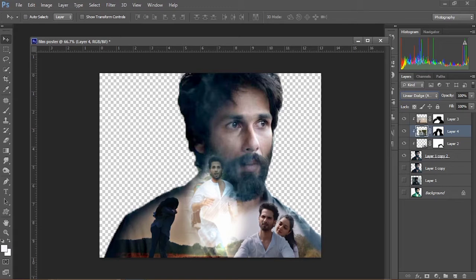And for this layer we actually need a little bit of the shirt to show here. So using the mask again, use the brush and just show this shirt's collar a little. Okay, so